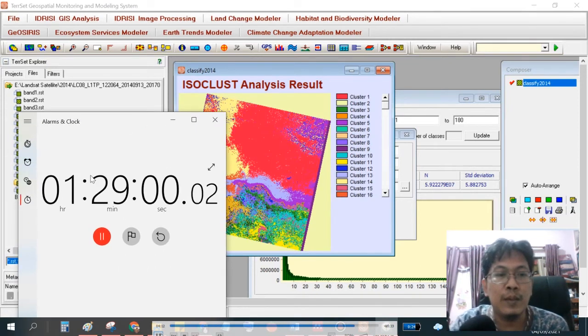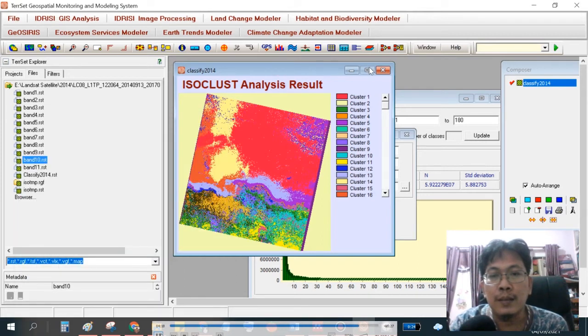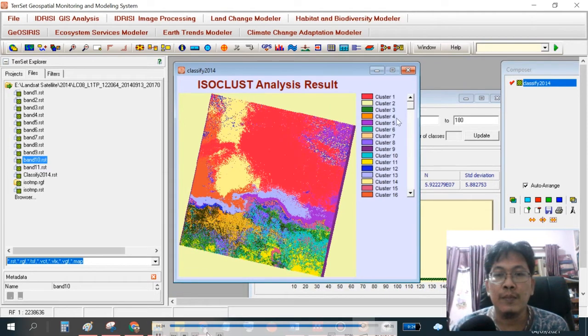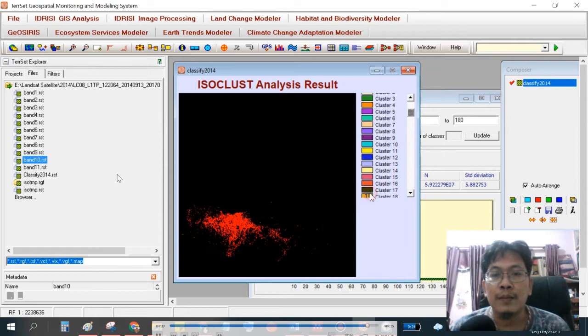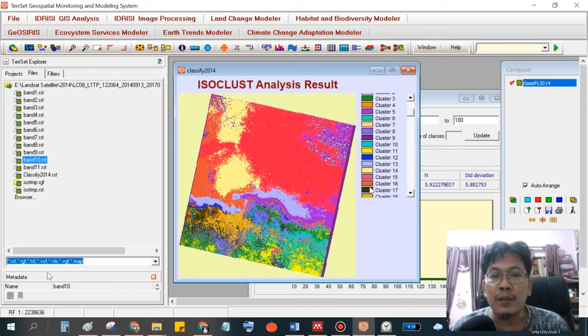You see 1 hour and 29 minutes with 18 clusters that we have to reclassify, because we only need for example 4 classes, for example water, built up, vegetation, badland, and so on.